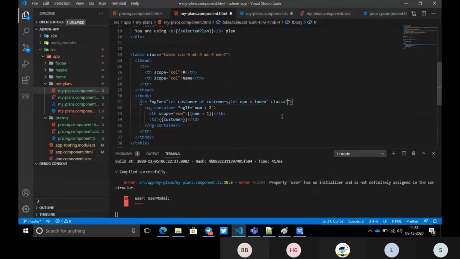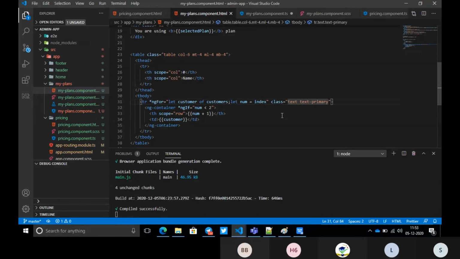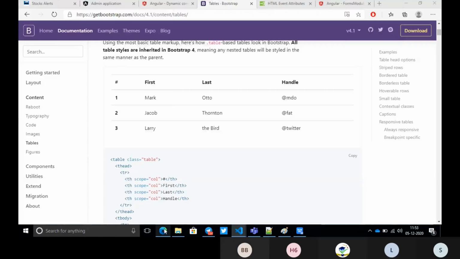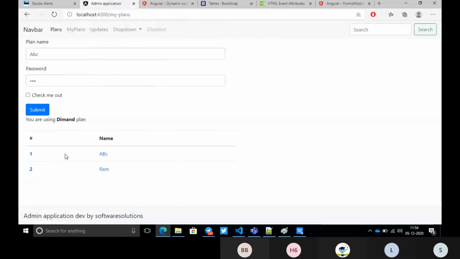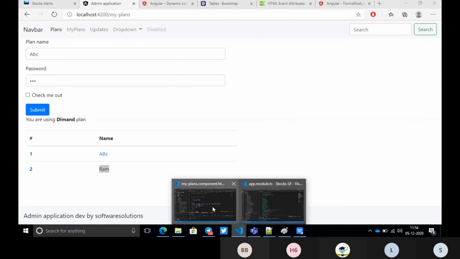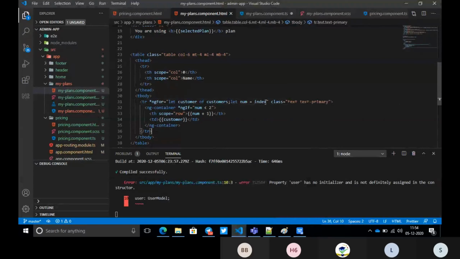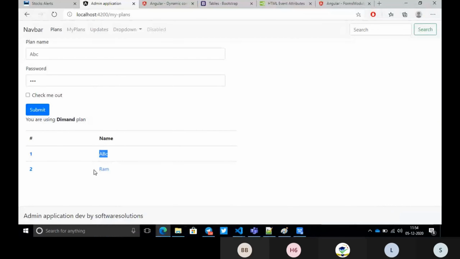I want to give the class text-primary. Let me save and show you how it looks. What is happening? All the table rows are coming in the blue color, but I don't want that. I want the first row in blue and the second row in green.